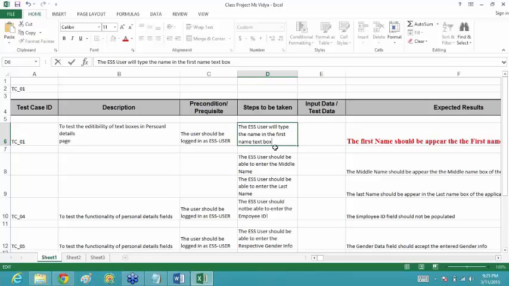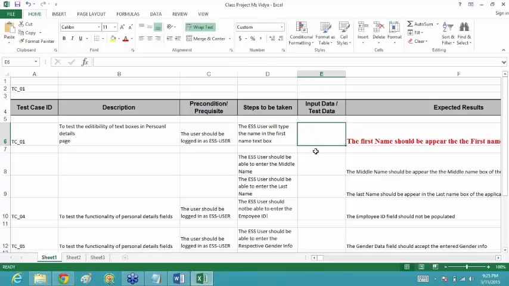Now what name do you want the ESS user to type? Whatever data you want to give in the first name text box, that data you have to give over here. Suppose I want the name John. Then this should be my test data.